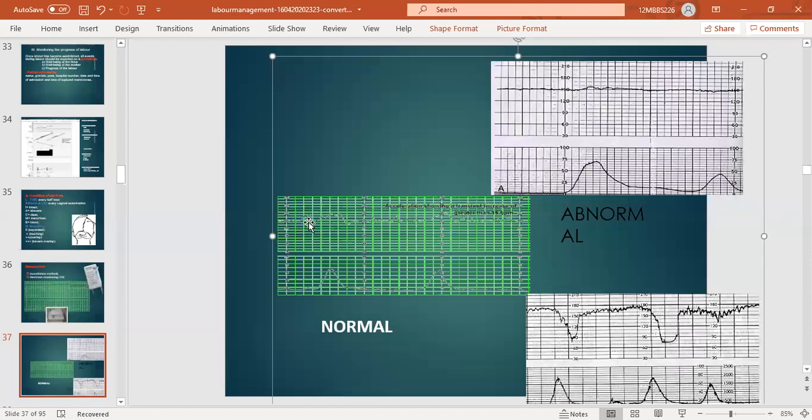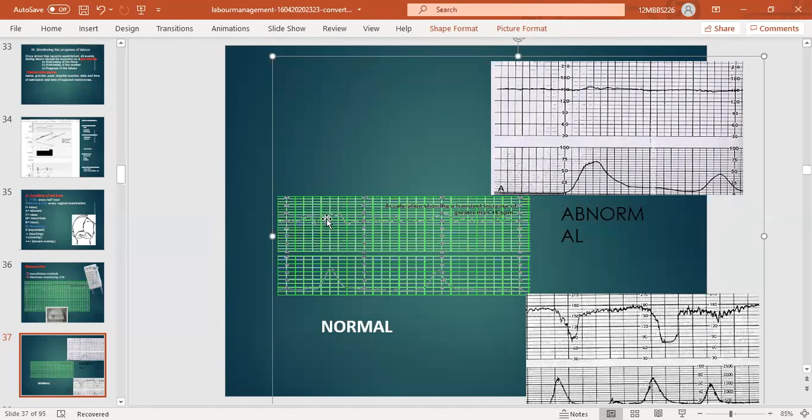Acceleration means the fetal graph will be raised up from the baseline. For example, baseline heart rate is 120, but there is an acceleration after 10 to 15 beats, and there may be 2 accelerations in a 10 to 20 minute duration. So the normal CTG shows a normal fetal heart rate of 110 to 150 beats per minute. There is a beat to beat variation of more than 10 beats per minute. And there are 2 accelerations in the 20 minute duration, and there should be no deceleration.